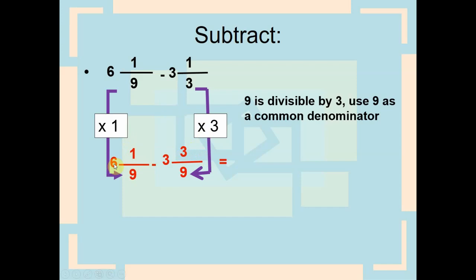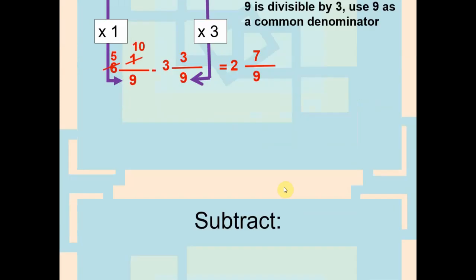We borrow 1 from the whole number, borrow 1 from 6. 6 will be 5, and then we add the denominator and the numerator. 9 plus 1 equals 10. Now subtract the whole numbers first. 5 minus 3 equals 2, and the fraction 10 minus 3 equals 7 over 9. The result will be 2 and 7 over 9. Another example,